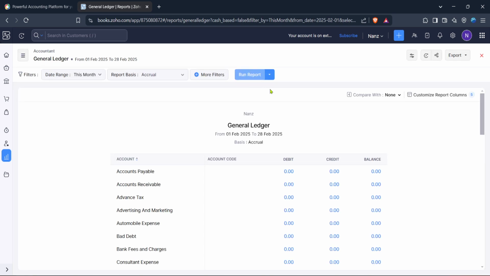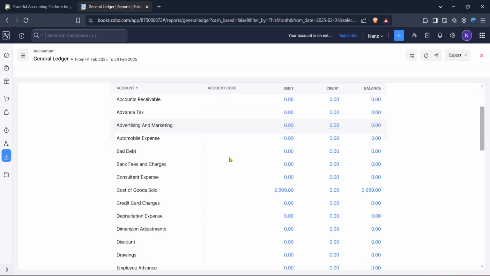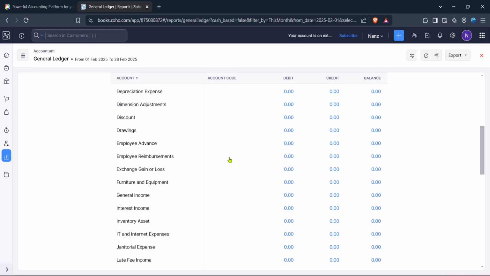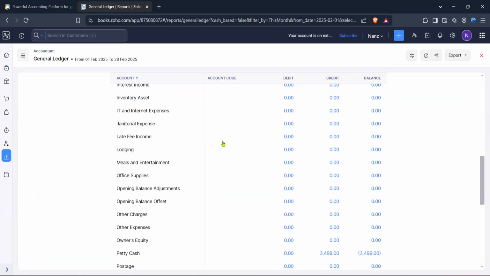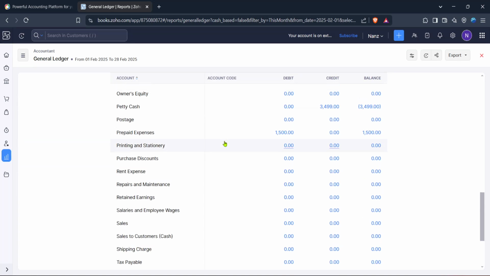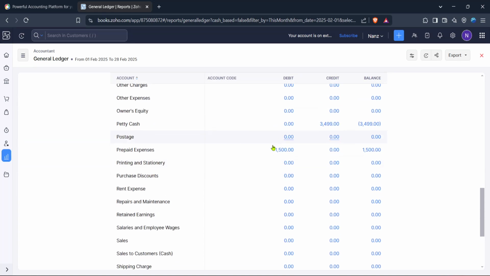The General Ledger here allows you to view all your transactions, grouped by account, over a specified period. This tool provides invaluable insights into your financial activities, enabling better budgeting and financial planning. You can adjust the settings to tailor it to specific accounts or date ranges, ensuring the ledger reflects exactly what you need to see. And there you have it, a straightforward way to create a ledger in Zoho Books.